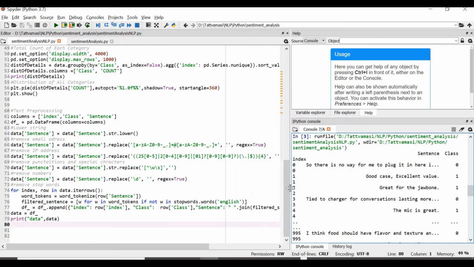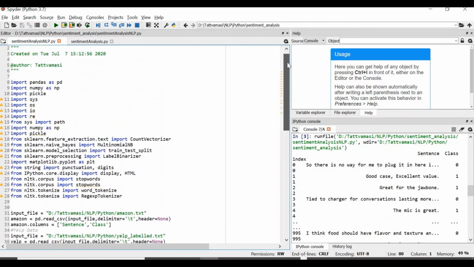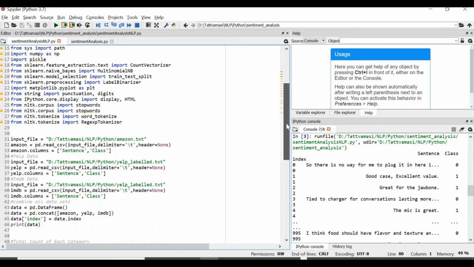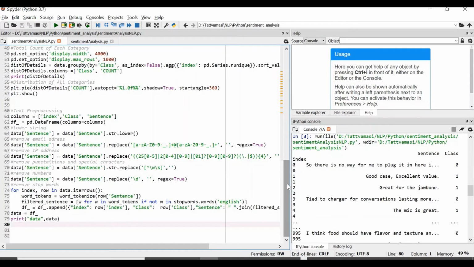That's all for the NLP project. Most of the NLP projects, these are the steps we follow. We first analyze the data, the distribution. We have the life cycle of an NLP project in a separate video. Then after that we do the text pre-processing, and that's an important part. There, word tokenization,